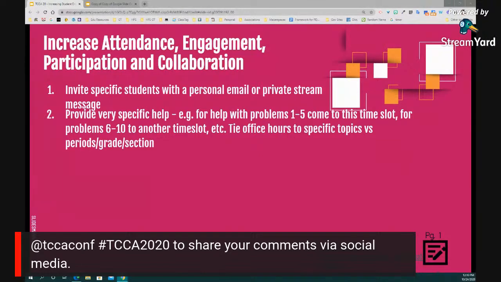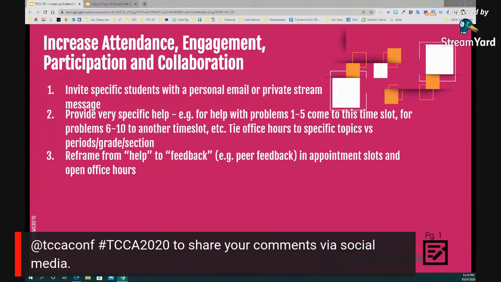Again, building up that habit of feedback, of learning, right? So that students can come back. And then you can say, and on Thursday, we'll do problems 6 through 10. So again, giving it a focus will also make kids realize like, okay, it's worth it for me to go to that specific office hours instead of in general and sitting through some problems that maybe are not relevant to my learning right now.